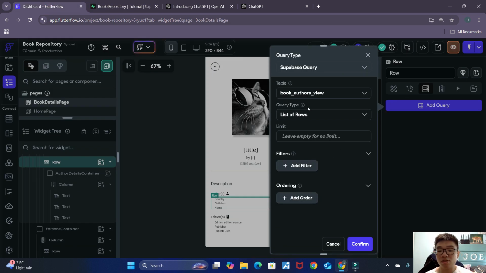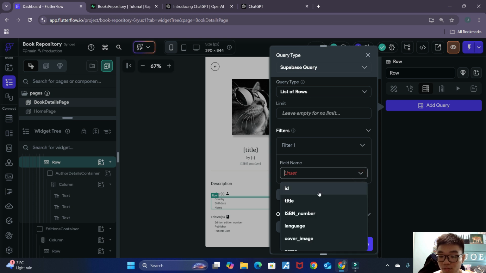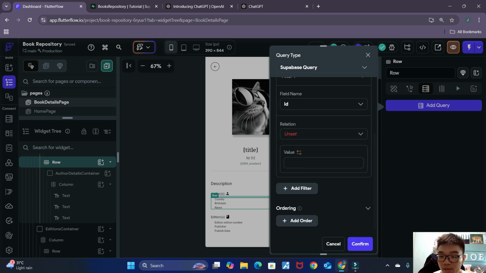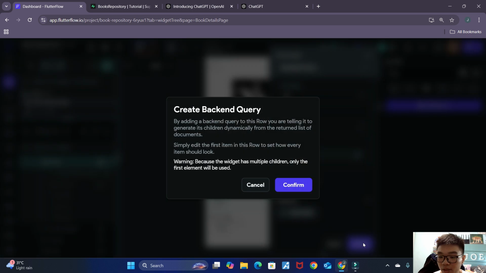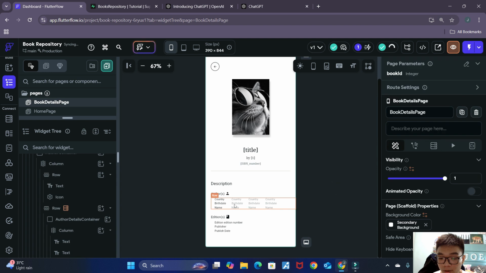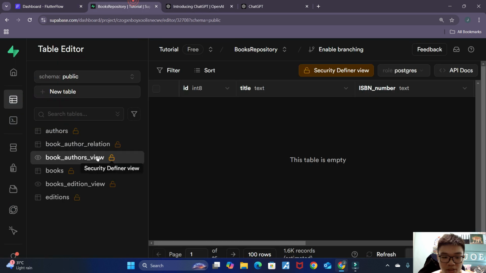So with this book authors view table selected, we then need to query a list of rows since multiple authors can write the book. And we need to add a filter over here. This filter will filter where the ID, which is the book ID, is equal to our book ID page parameter over here. We click on confirm, and you can see that multiple authors are generated. Author data is generated. But we actually need more author data, which is currently not present in our book authors